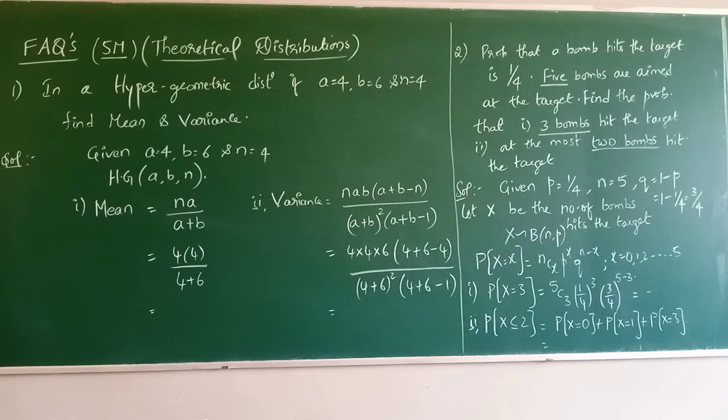Then you substitute the N value, A value and B value in the known formula, and you will get the answers. In the same question, in some cases, instead of variance, standard deviation can also be asked. In such cases, what you have to do? Square root of variance is nothing but standard deviation. The variance formula should be applied as it is, and at the final answer, if you put it under a square root, it becomes the standard deviation. That's it. Clear? So this way the question has to be calculated.